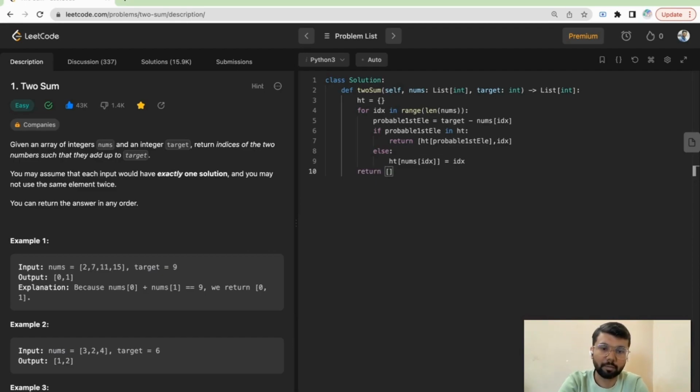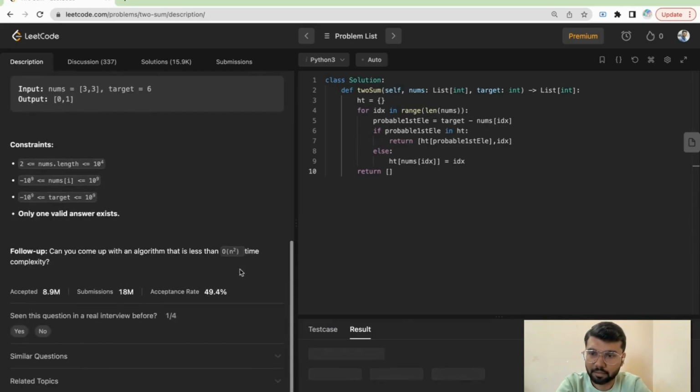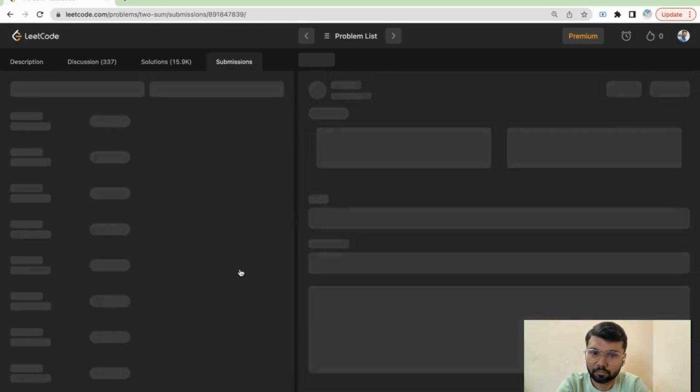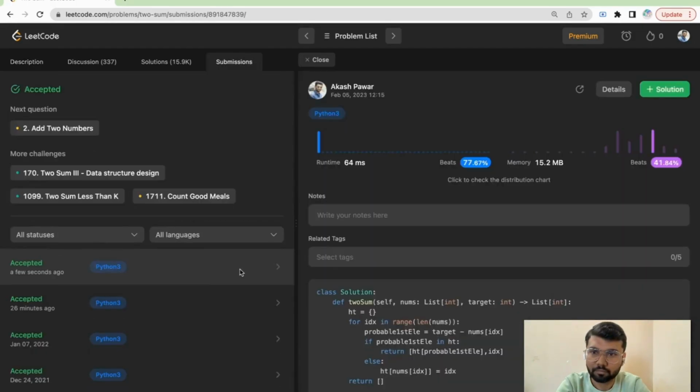And return the empty list. This is the optimized solution, and we are visiting each element only once, so the time complexity will be linear, and the space complexity will also be linear. That's all. Let's run this. So the solution